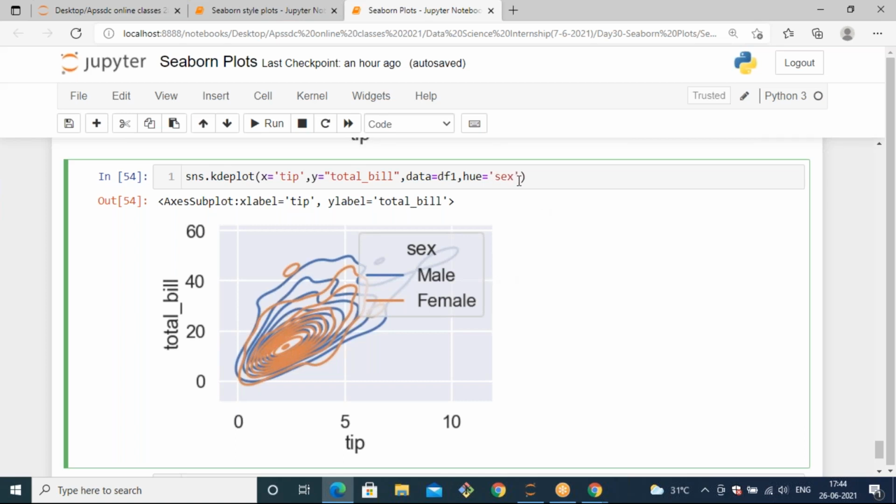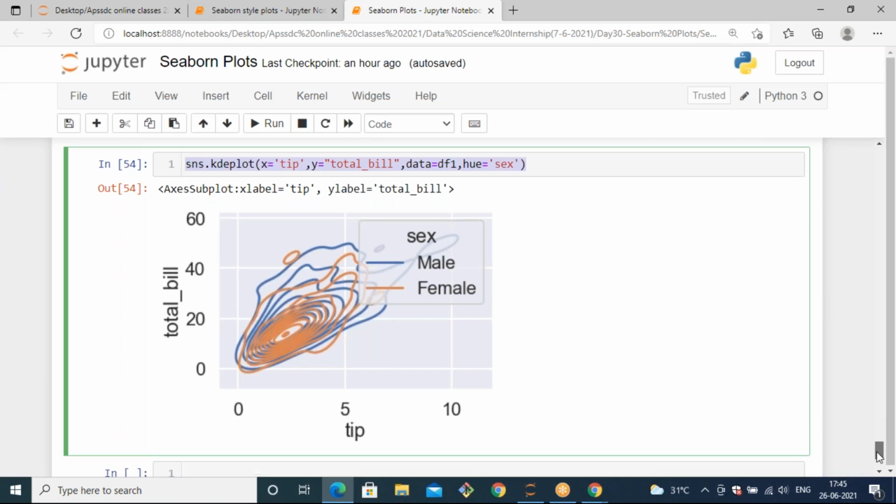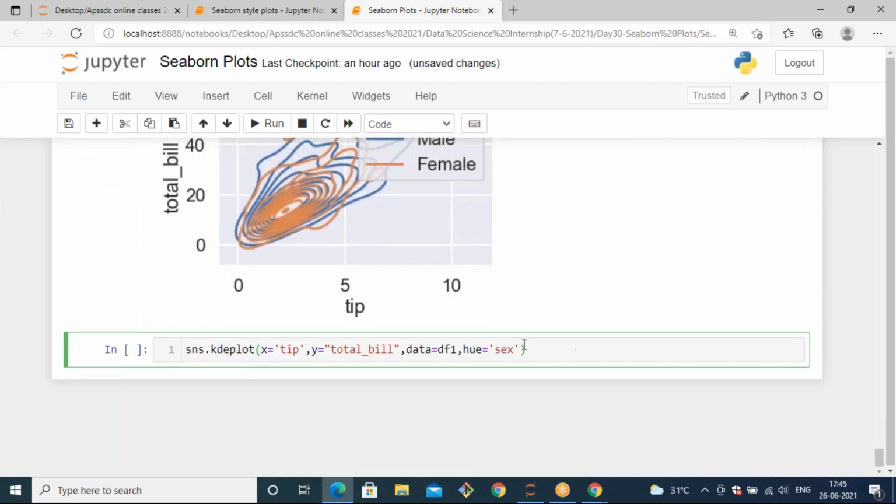Okay, so now we have one more parameter, so let's apply that in a new line. Here I'm taking categorical data with respect to the y-axis, that is day.